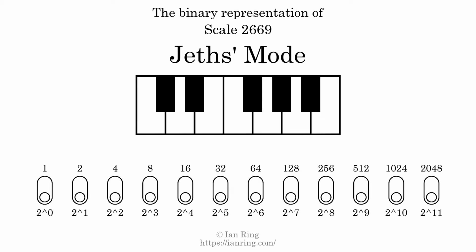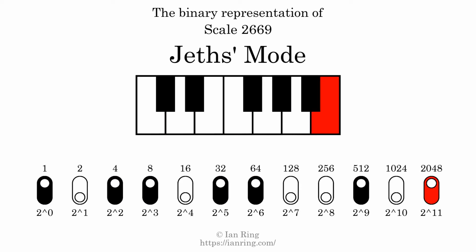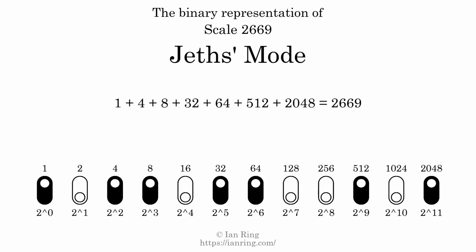The binary representation of this scale is determined by mapping tones of the scale to binary digits. Each binary digit represents a power of 2. To get the scale number, we add the powers of 2 together. The powers of 2 that are present in the scale, all added together, equals 2669. That is why the scale number, in decimal, is